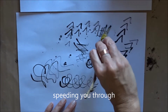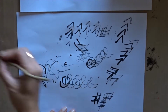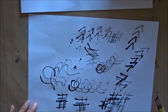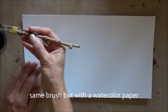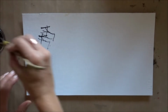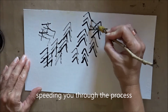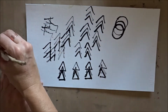I'm using printer paper at first, and then if I see there is a possibility, maybe I will use watercolor paper, which is more expensive, but it is very different as well. So sometimes it can be worth it. So I'm using the same one now that I know a little bit more what kind of marks I want to do, but on watercolor paper. So kind of chevron. Triangles, circles,